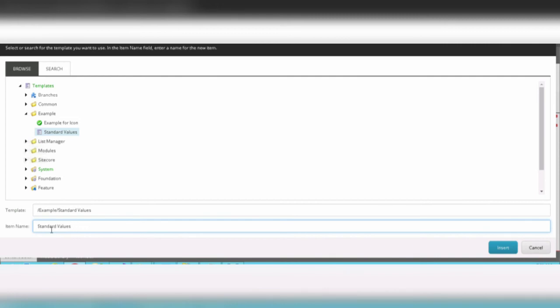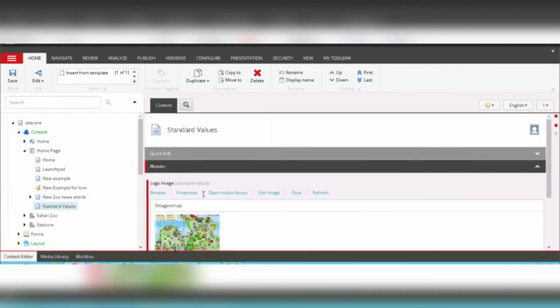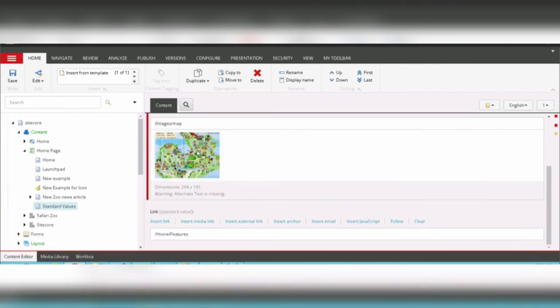I am giving just standard values as the name, then insert. Now see, standard values are added. This template is added to the home page. Now it became a page. Now you can see the details we have given in the standard values will be reflected here.